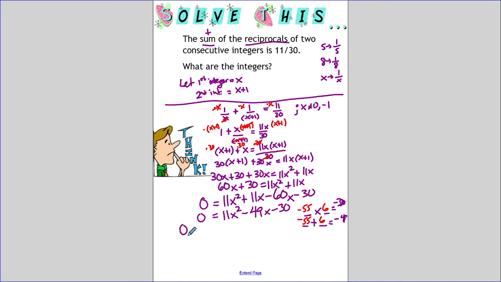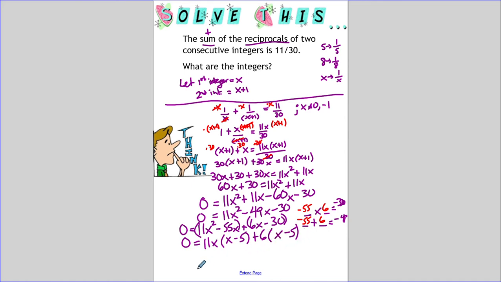So then 0 equals 11x squared minus 55x plus 6x minus 30. Now I'm going to group together my first two terms and my last two terms and see what I end up with. Looks like I can take an 11 out of the first part and an x, and I'm left with x minus 5. And in the second part I can take out a 6, which also leaves me with